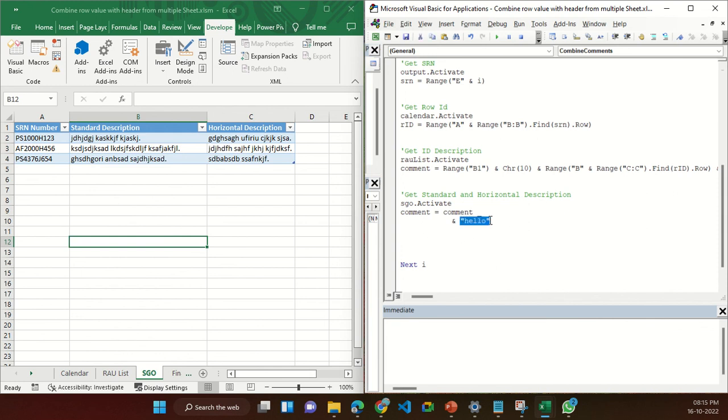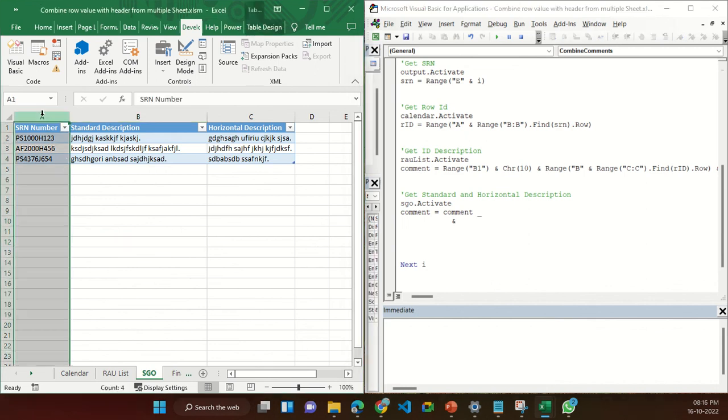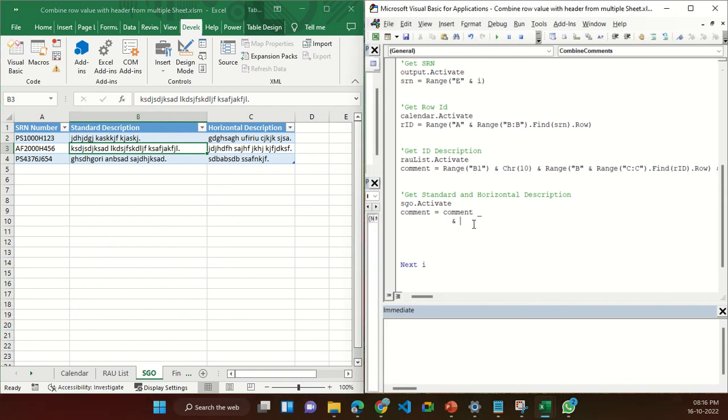Okay, now first we have to get the standard description. To get the standard description, what I can do, again match the serial number in column A and get the same row data from column B. So range A dot find, not fill down, find, and we will find with srn, and we want the row number, and this row number we will utilize in column B. Column B,